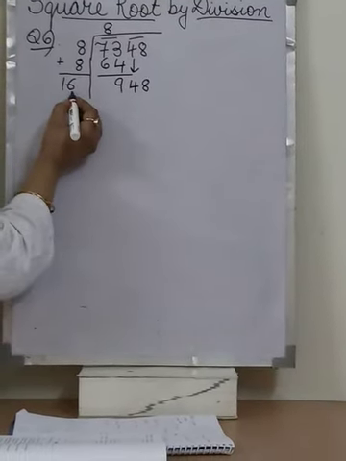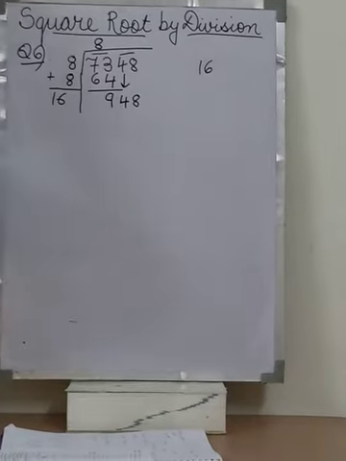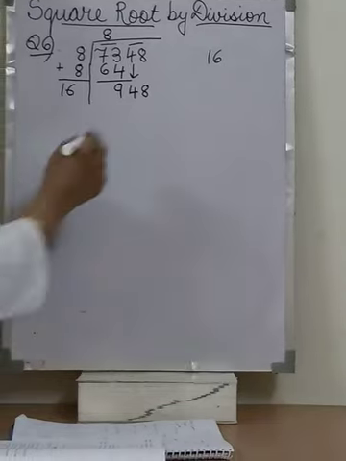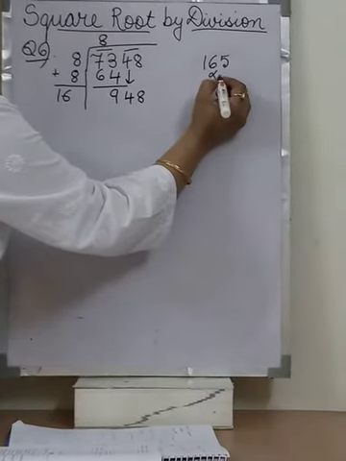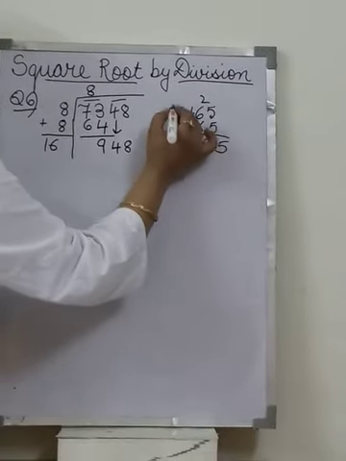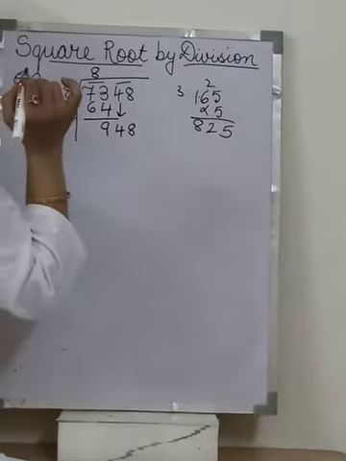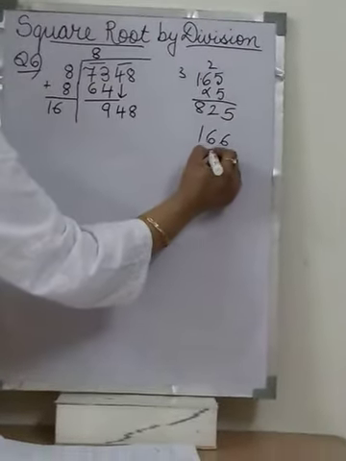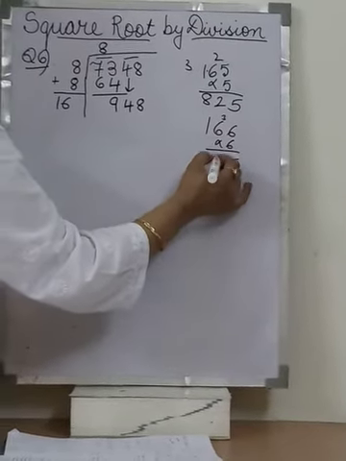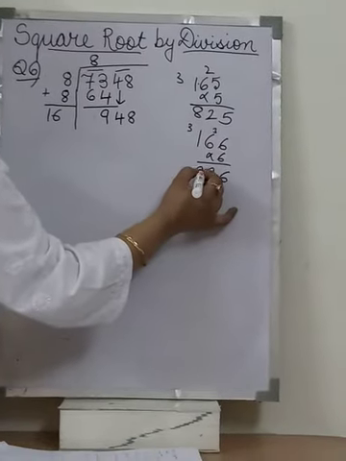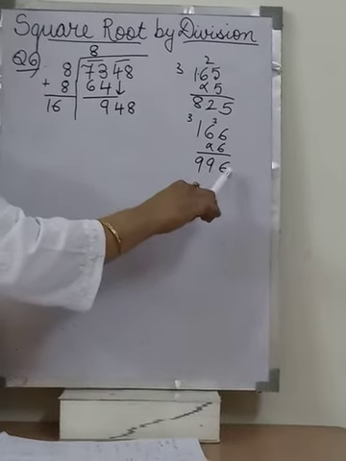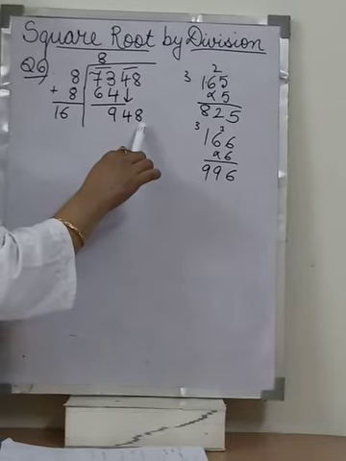Now think of any number which we can place in front of 16, so we reach closest to 948. I do it with 5. 5 5s is 25. 5 6s are 30, 32. 5 1s are 5 and 3, 8. Let's check with 6 also. 6 6s are 36 and 3, 39. 6 1 is 6 and 3, 9. So if we put 6 in front of 16, it will become 996, which is greater than 948.